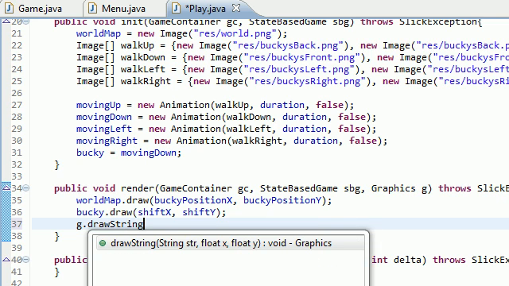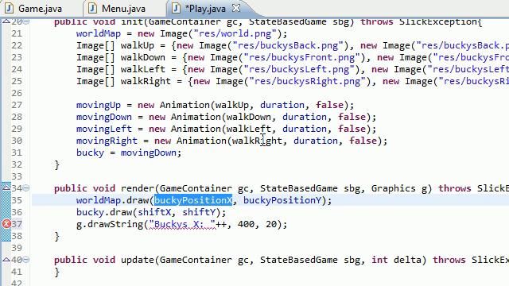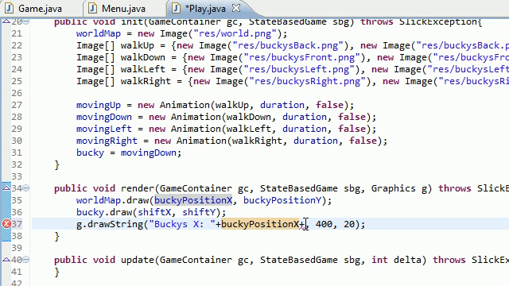Draw string. And what this string is going to do is it's going to be at, I'll just say like 400 over and 20 down. What this string is going to do is it's just going to allow us to track the coordinates of Bucky. So we'll just say something like Bucky's X position, and we'll set this equal to Bucky position X, and then on a new line we'll write